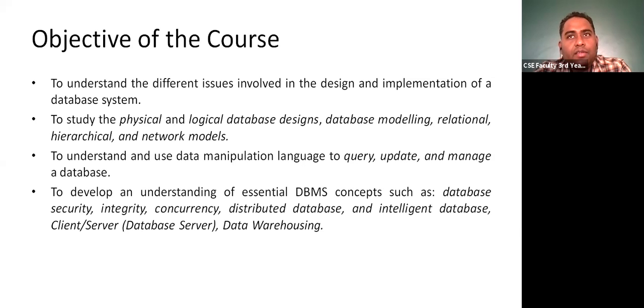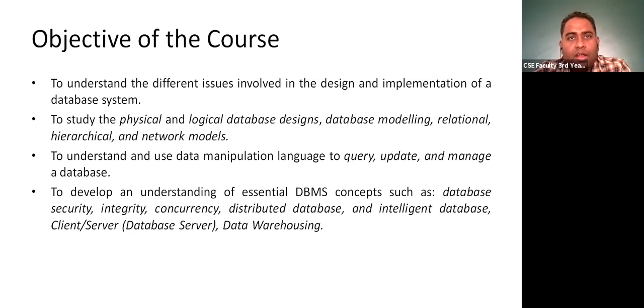So these are basically for designing data. Then you can manipulate the data with the help of SQL queries or SQL commands, like to insert the data, to update the data, to modify the data, as well as to delete the data. Then I told you there is not only the data definition language and data manipulation language, but a data control language is also there.